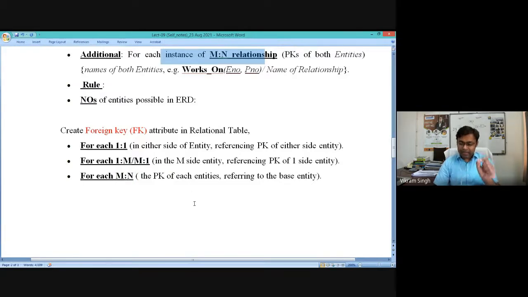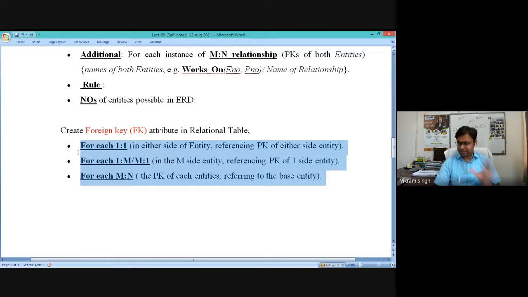But each and every attribute, like we have placed two primary key attributes in the table, naturally these two individual primary key attributes are also to be defined as foreign keys, right? Because they are coming from a different table. So now if you see, all the elements of the ER diagram are now mapped successfully into this